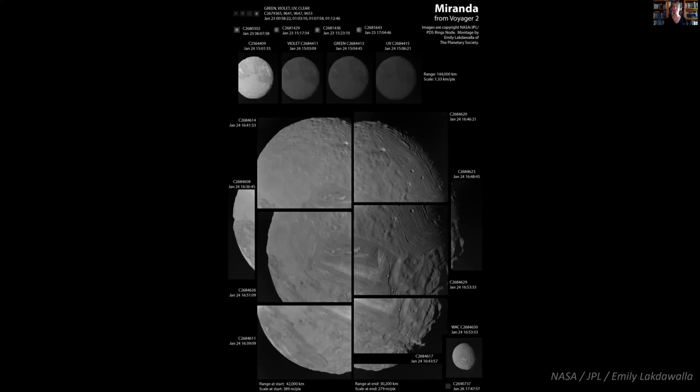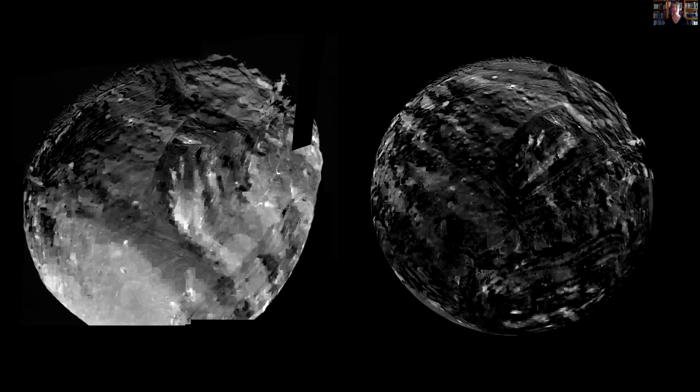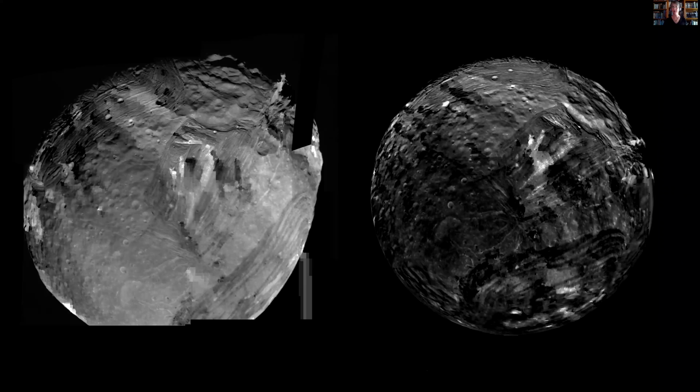Here are two versions of it that you can download from the Planetary Photojournal. The one on the left was created at about the time of the flyby, so back in the 80s. And you can see that it's an imperfect mosaic because the point of view on Miranda shifted quite a bit, and there were also some data gaps and other issues. The one on the right is a mapping product. It's an orthographic projection with the photometrically corrected mosaicked version of the data. And this is the one that you most often see reproduced as a global view of Miranda.